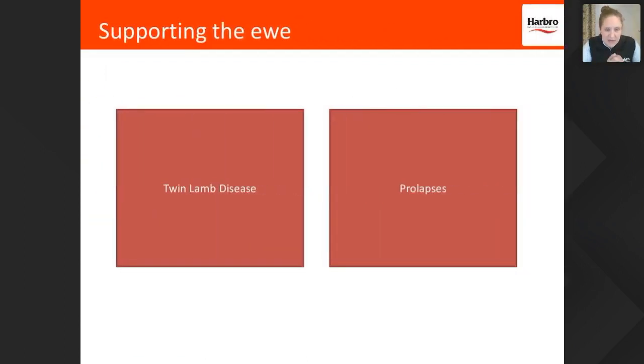Then we need to think about conditions, metabolic diseases, and other conditions which may affect our ewes pre-lambing. Two that we always get told about, that our customers are always talking about, are twin lamb disease and prolapses. If we could solve this in one easy solution, that would be fine. Twin lamb disease is when the ewe can't meet her energy demand through her feed. She starts to mobilize body fat through her liver, and then her body becomes overwhelmed. We can reduce the risk of twin lamb disease by making sure that we meet her energy demand by